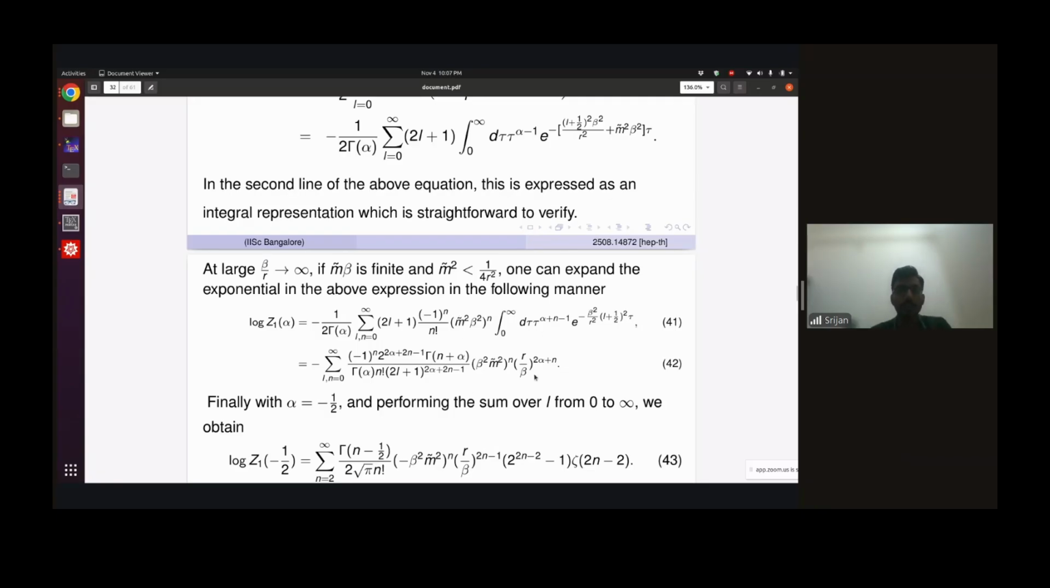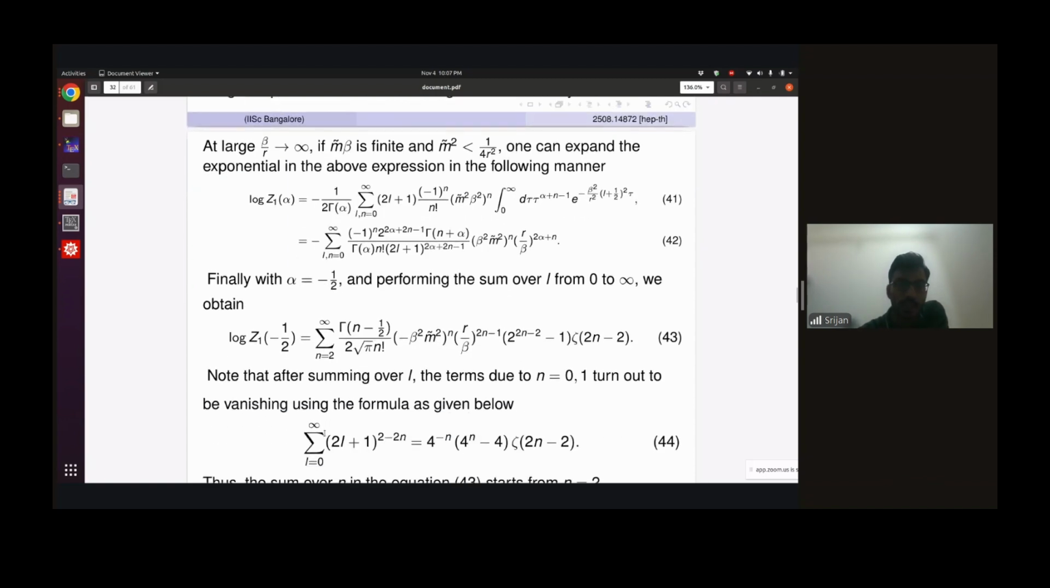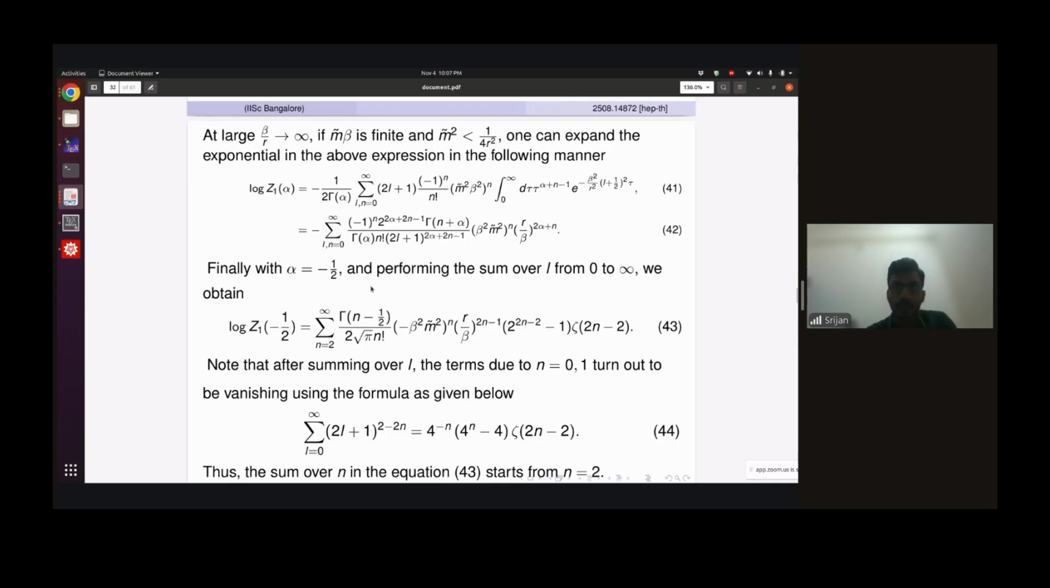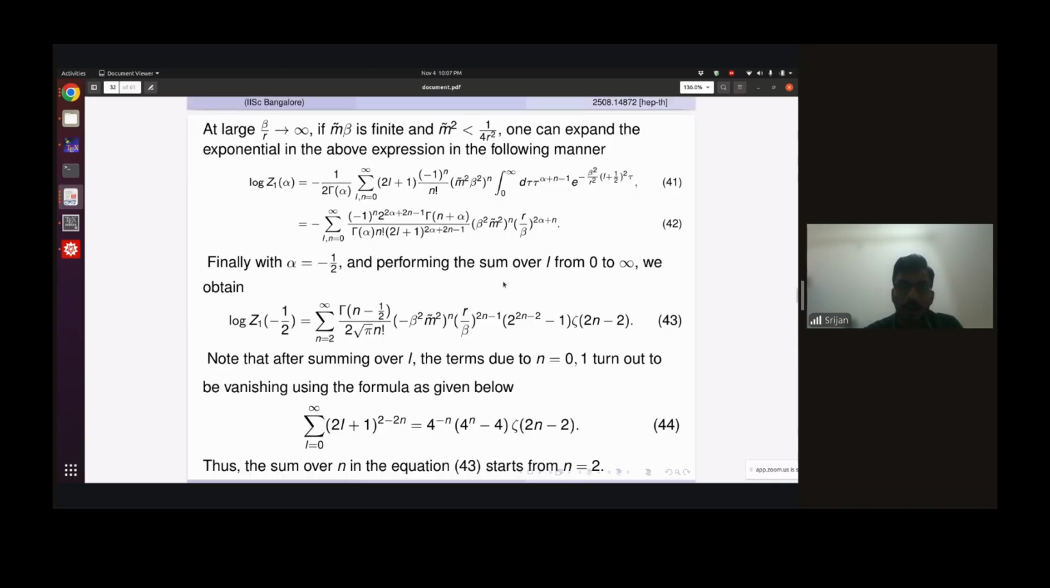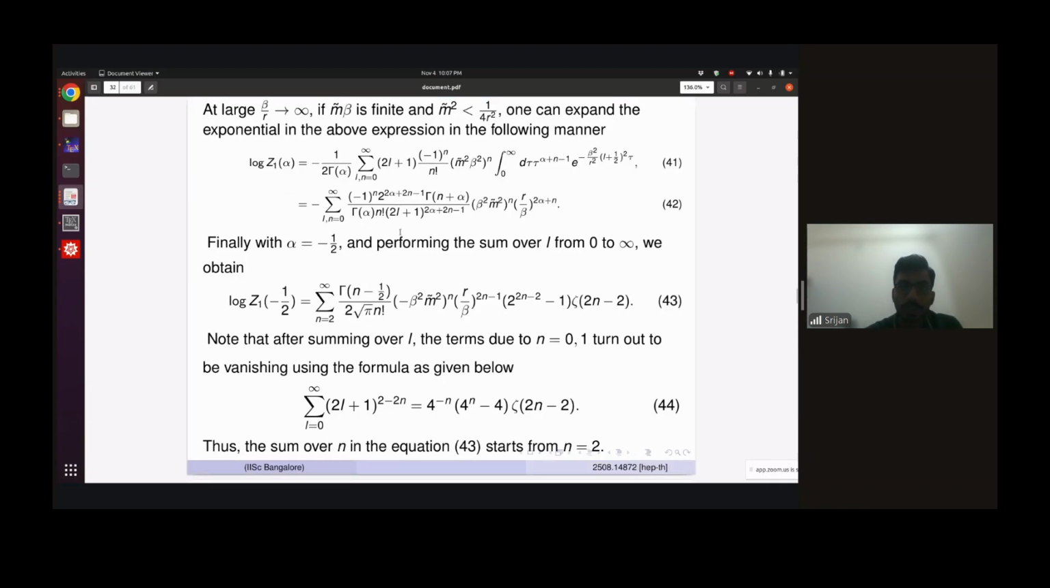So we can perform this integral, and in the final result we just put alpha equal to minus half. That is the analytic continuation we are using, right? Then we can perform the sum over L from 0 to infinity, and we can get this result. Then in this result you can note that it starts from n equal to 2 to infinity, because